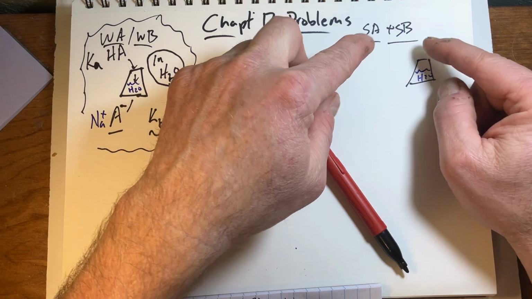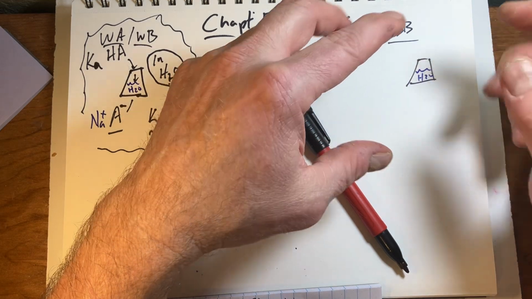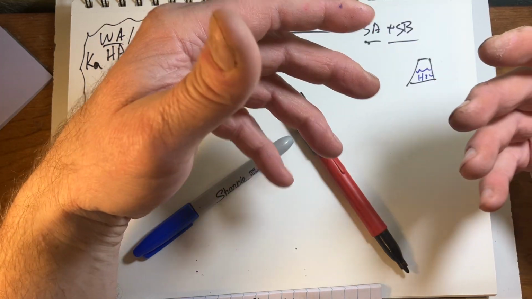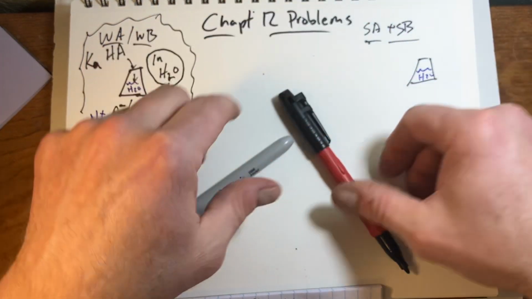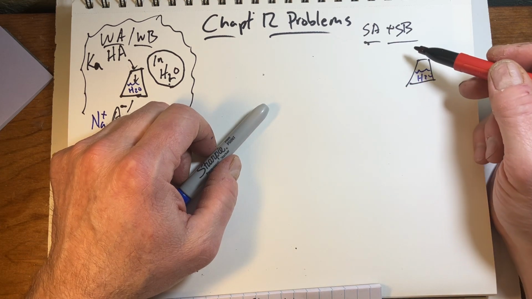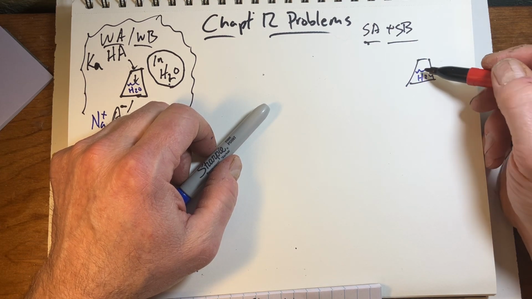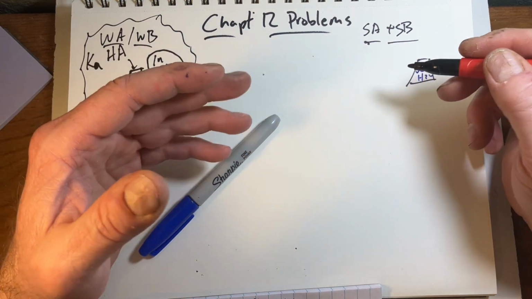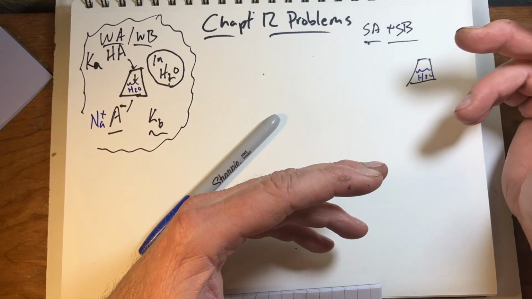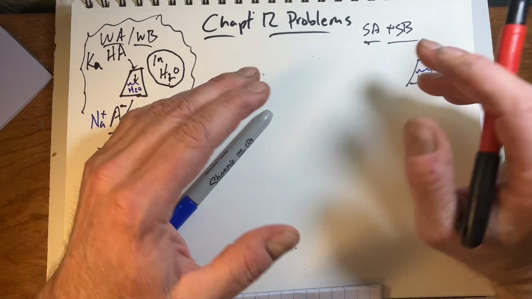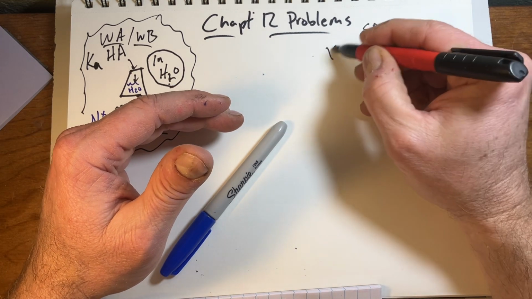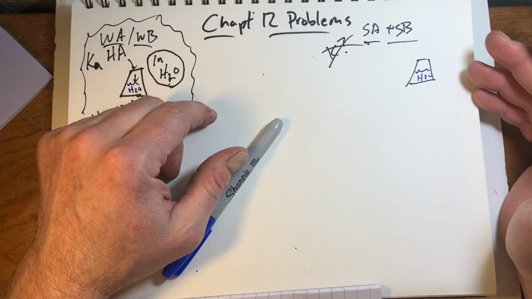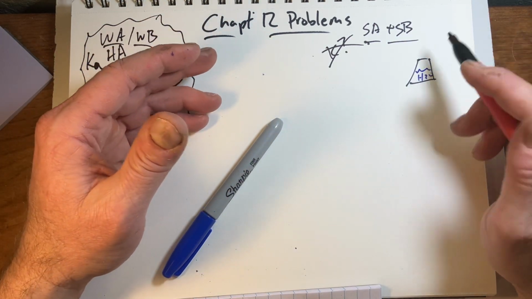Here what we're going to do is have a reaction of these two with each other, and then as they react, we'll see which one is left over in excess, because then we can just take the concentration of the excess and determine the pH. These are so strong, when they go to their products, strong bases make hydroxide and strong acids make H plus, they don't come back. There's no equilibrium. There's no K values for strong acid or strong base. Why? Because they just completely go to the other side with whatever they're reacting with, whether it be water, or